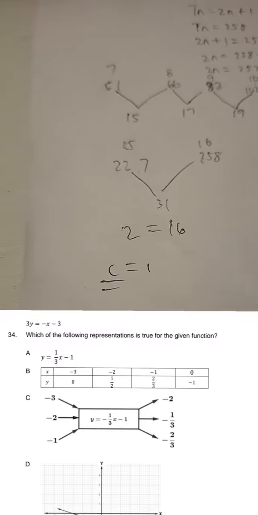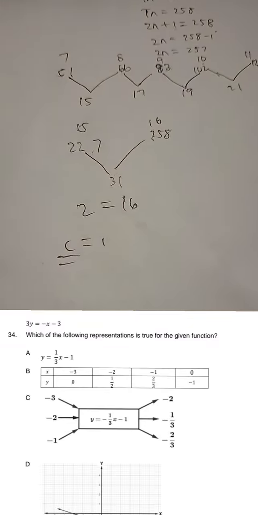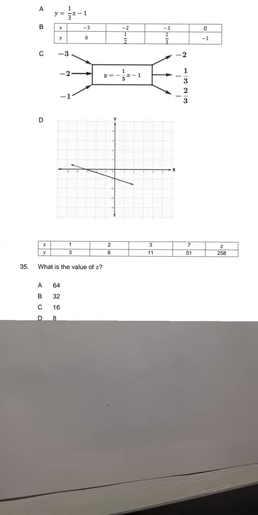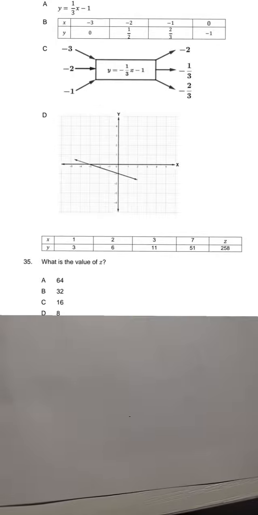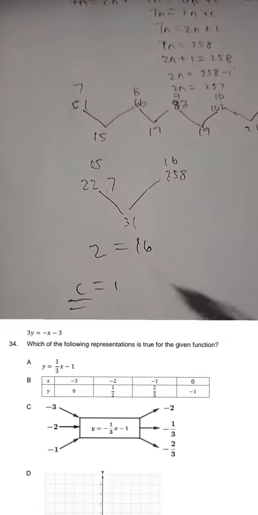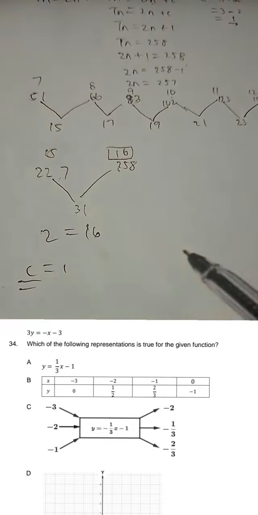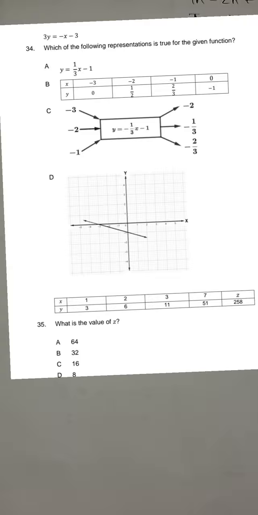Okay, so that was quite long, right? It was very long. But then at the end of the day, we were able to get the answer. The answer is not going to be A, it's not 64, it's not B, it's not 632, it's not C, 16, it's not D. I mean, it's C, sorry, it's 16. It's not D, but Z is equal to 16. Okay? Let's move right along